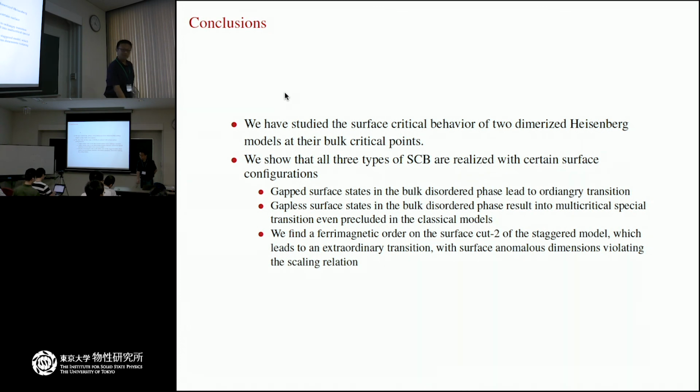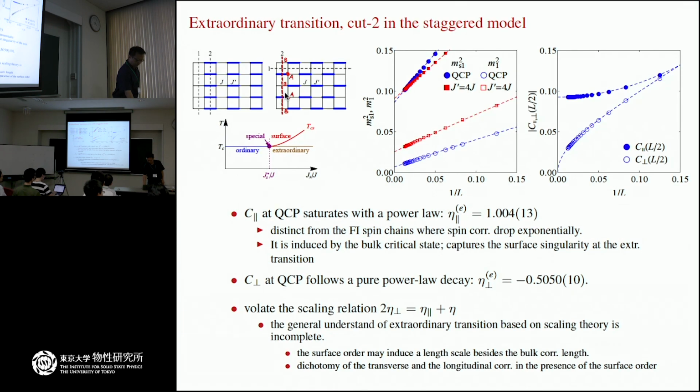Question? Is it possible to see the extraordinary transition in the columnar case? In the columnar case, not the staggered case? Oh, but by having a zigzag. Yeah, maybe you could try cutting some other way, right? Yeah, but we didn't try that. Or zigzag, you break some certain configuration. Maybe it would be nice to do because you have this discrepancy. Maybe it would be nice to see if you get the same exponents in some other case.